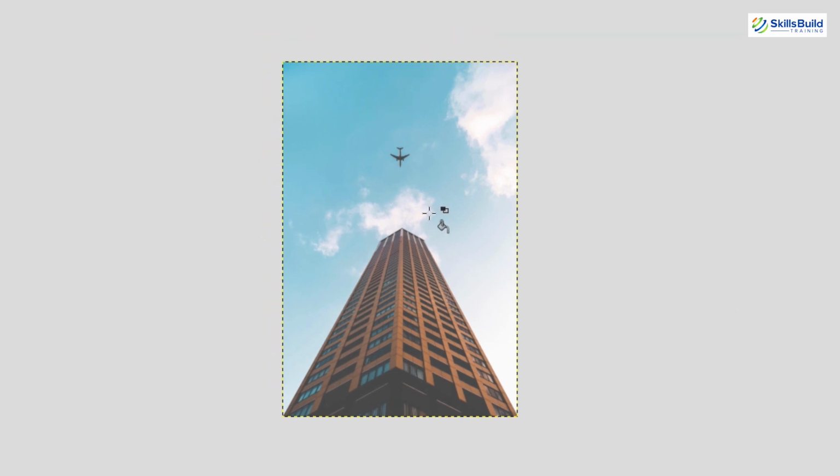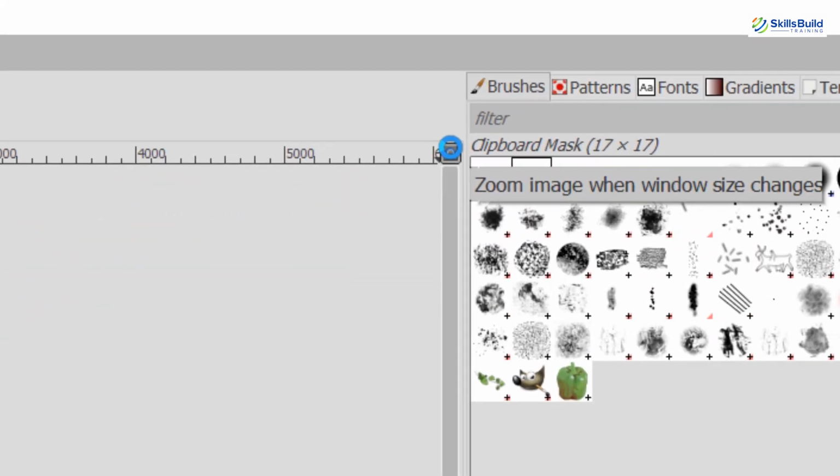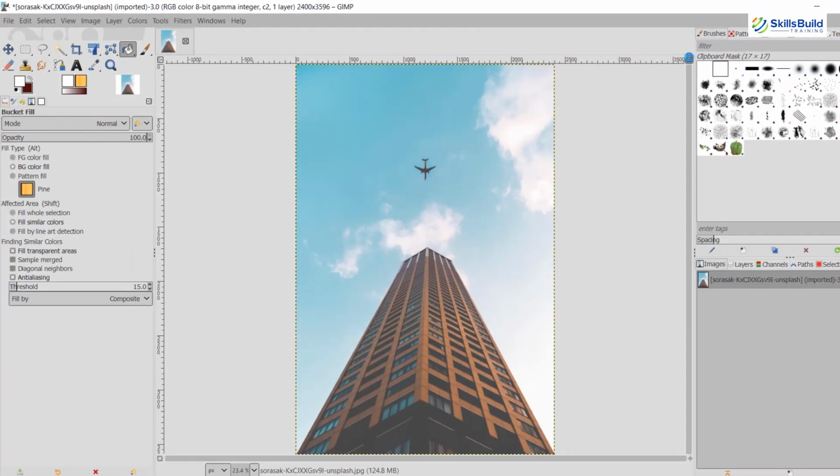Now this is the image display. The most important part of the image window is, of course, the image display or the canvas. It occupies the central area of the window, surrounded by a dotted line showing the image boundary. And here is the image window resize toggle. If this button is pressed, the image itself will be resized if the image window is resized.